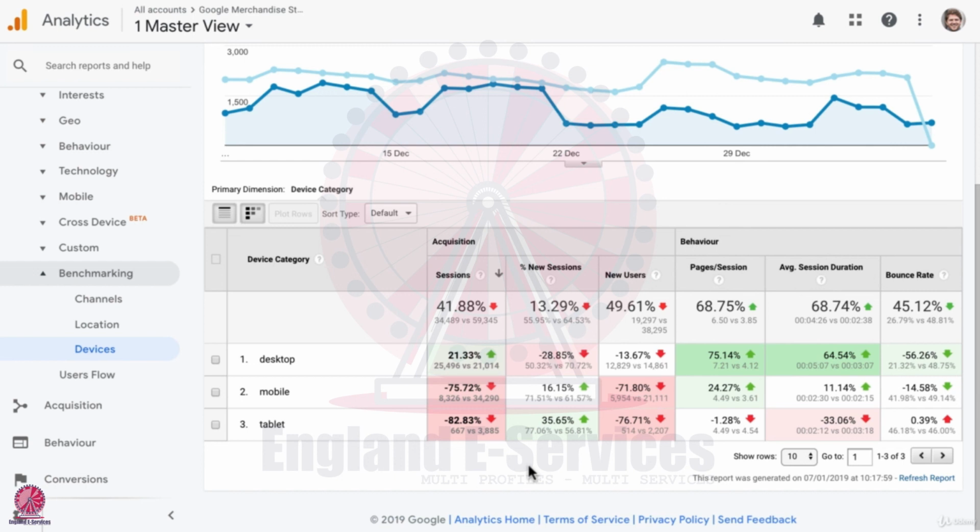Is our site not mobile friendly enough? Is maybe an app something that we need to develop? This is a great insight that compared to the industry, we could be missing out on a massive number of sessions and sales. So if we look back over and recap on how to use the benchmarking reports to grow a business,